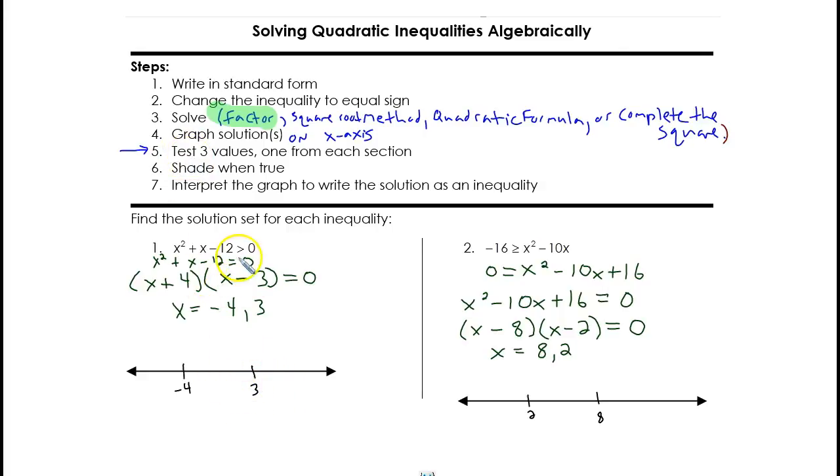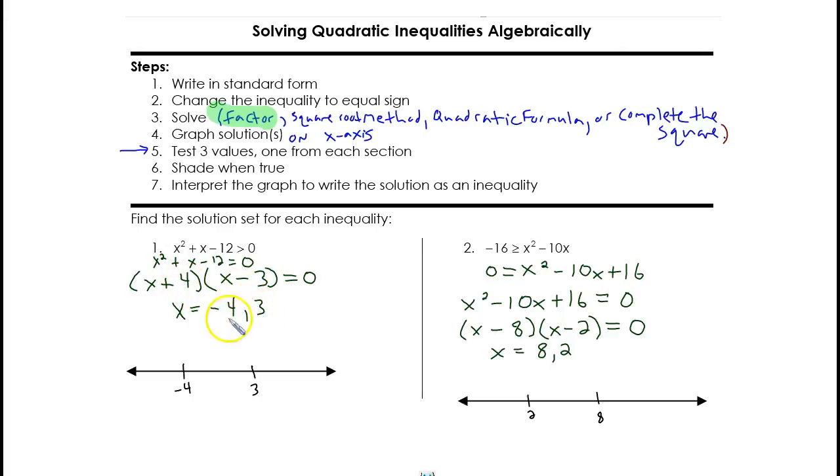All right, so question number 1, example number 1. It's already in standard form. Remember, that's x squared plus x minus 12 in this case. Everything's on one side of the equal sign in descending order. Also remember that in standard form for a quadratic, you want the leading coefficient to always be positive. So if it's ever negative, we're going to go across the equal sign and change it. In this case, it looks good. Then we are going to change the inequality to an equal sign like we did. We're going to solve it by factoring. In this case, I got x plus 4 and x minus 3, which gives me a solution of -4 and